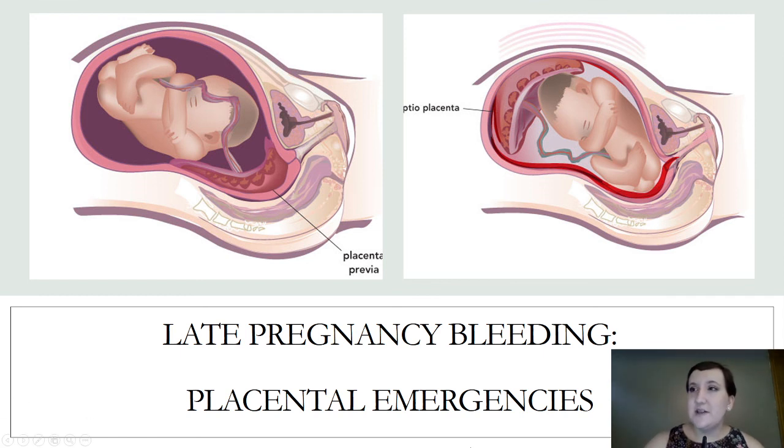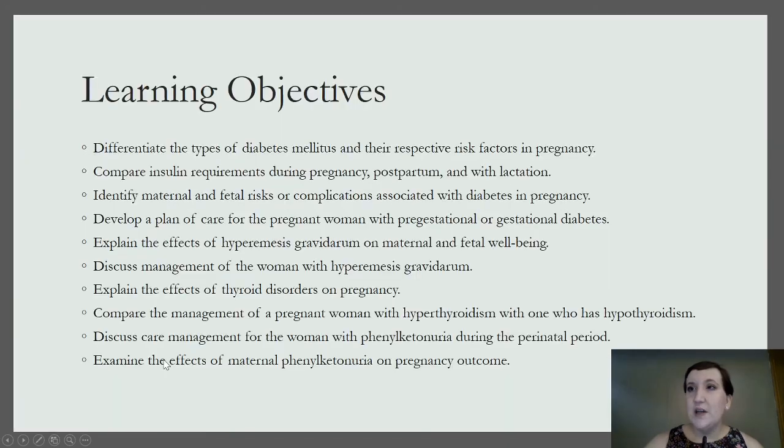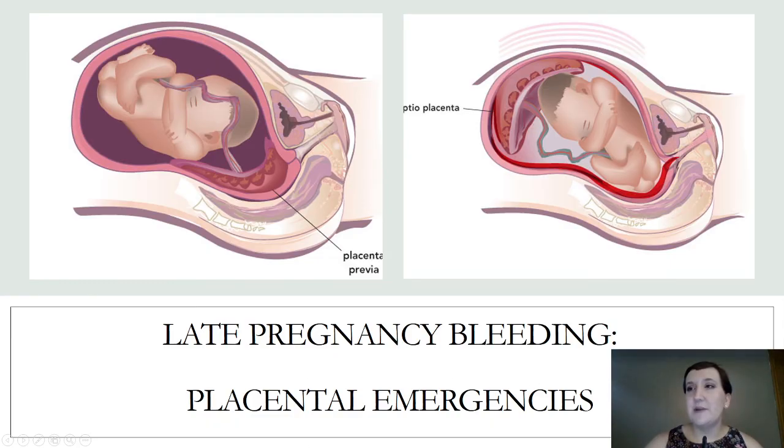And then a placental abruption. A placental abruption is when the placenta spontaneously separates from the normal part of the uterus. So again, we can have a marginal placental abruption, in which we have less than 500 milliliters of blood released, or just a tiny flap of the placenta that has come apart. We noted it on ultrasound, and we were watching it super close. A marginal,